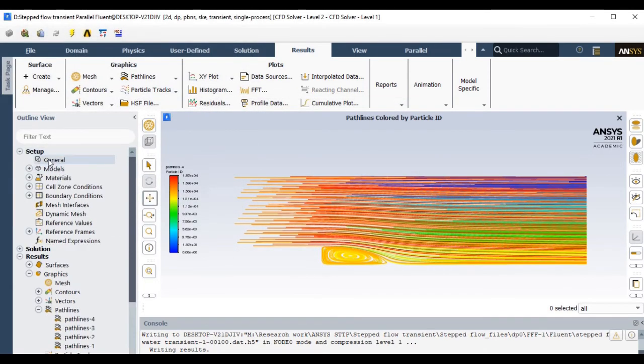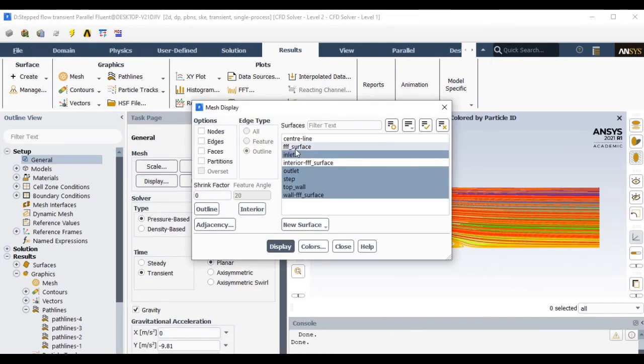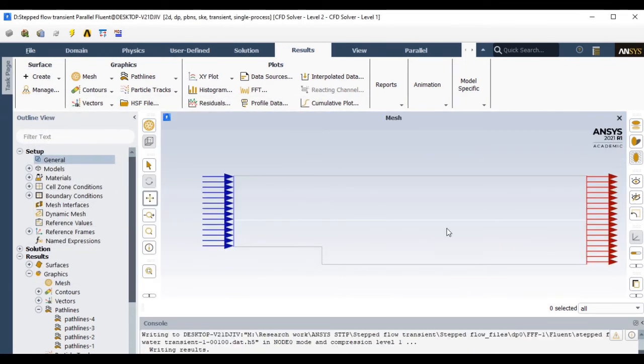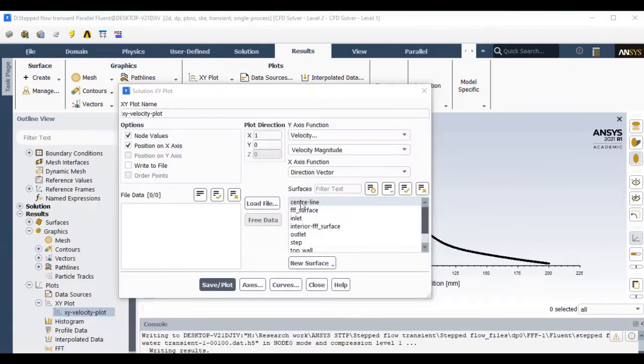In the display section, yes, the white color indicates that the line is generated. Let me take this as the center for this particular section. Now on that center line, let me plot the velocity values along the x-axis.